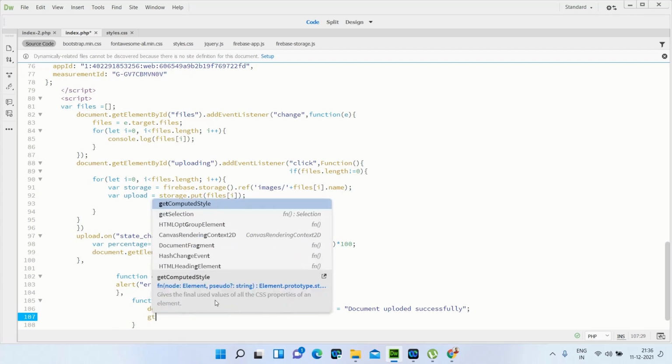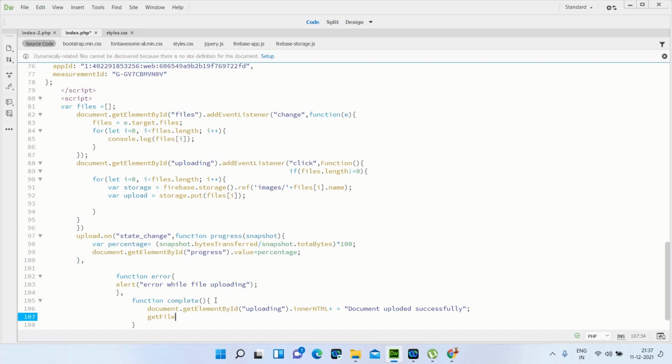After that, get the file URL image path.